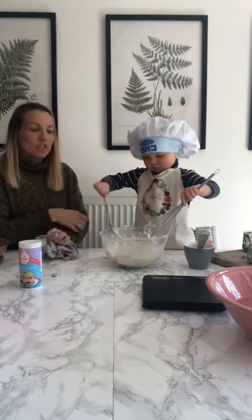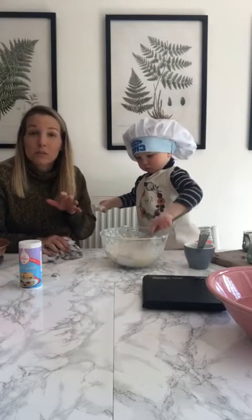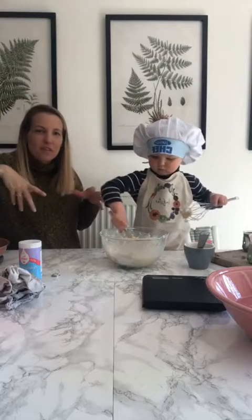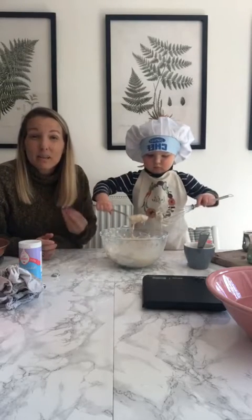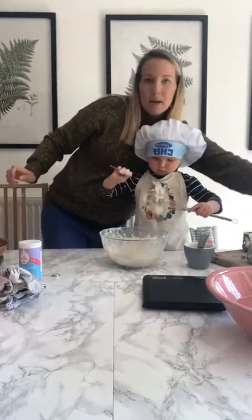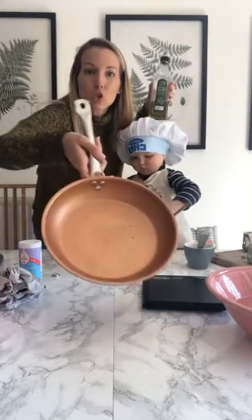So while Raffy's mixing that here, sometimes, as I was saying, you can leave the batter to set a little bit. If it's a little bit loose, you can leave it for 10-15 minutes. Or if it's still a little bit liquidy, just add a bit more flour to it. So keep stirring. And while Raffy does that, what I'm going to do is I'm going to take a saucepan,